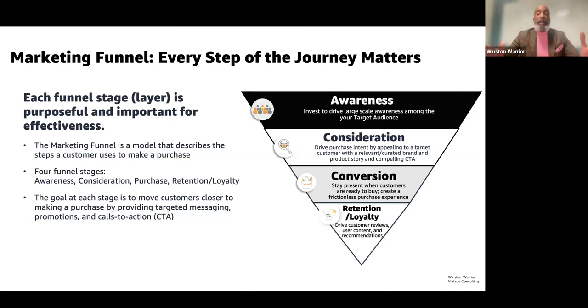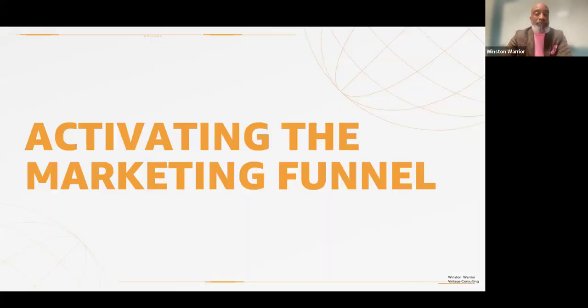So the idea is that you may get, and I'm just going to use numbers for simplicity's purpose, 10 people aware, but you may only convert 3 of them, and you need to retain as many of those 3 as you can. If you have 10 people and you can convert all 10 and you can keep all 10 loyal, come talk to me because I need to talk to you. But it rarely happens. That's why the funnel goes from wide to small, because you want to create so much awareness that by the time you get to conversion and loyalty, you have that base that you need in order to reach your goals in terms of financial goals or whatever that is. Only you know those, but this is the framework that we have.